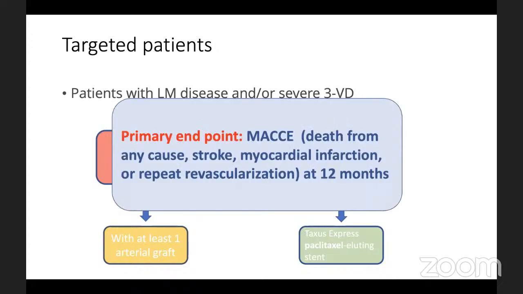The primary endpoint was MACE. MACE is an abbreviation of major adverse cardiac and cerebrovascular events, a composite endpoint of all-cause mortality, stroke, MI, or repeat revascularization at 12 months. That's the main primary endpoint of this study. They had an extended follow-up at 3 years and 5 years, but we'll discuss all of them today, and we'll see how the result